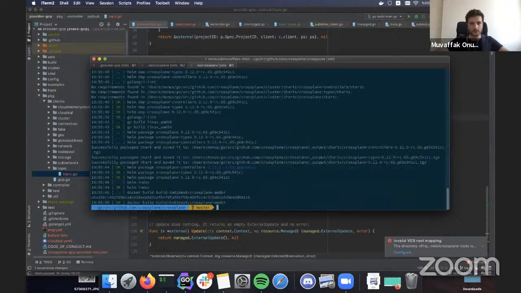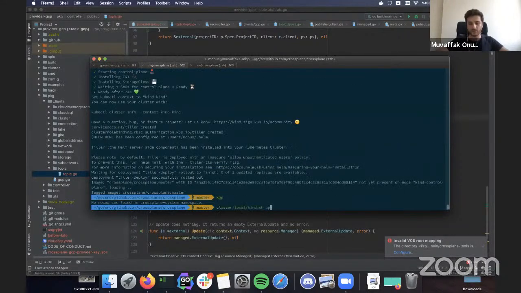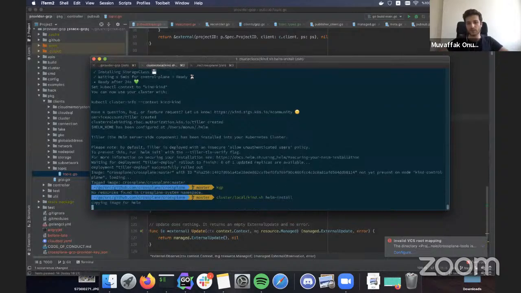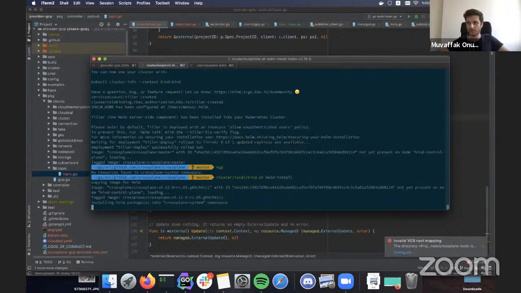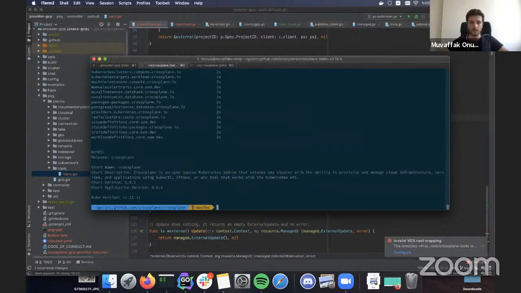Okay, so build is okay. The other command that we have after calling up is helm install, which will install the Crossplane that we just built on our local machine, in our laptop. All right. Okay, we got it.